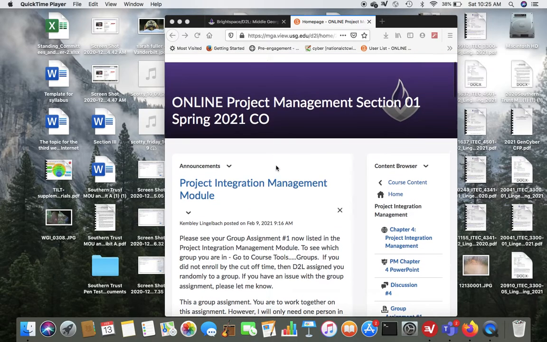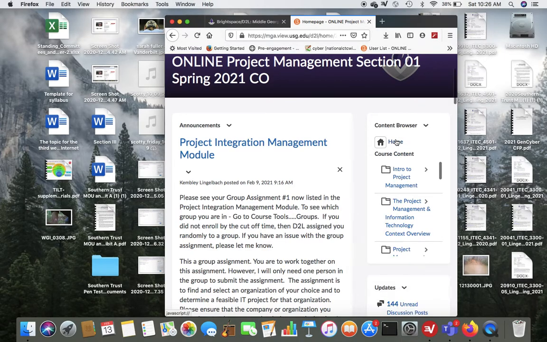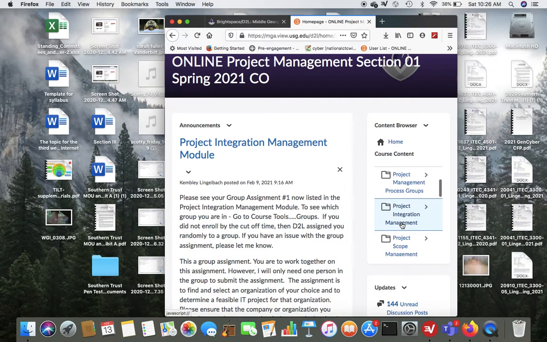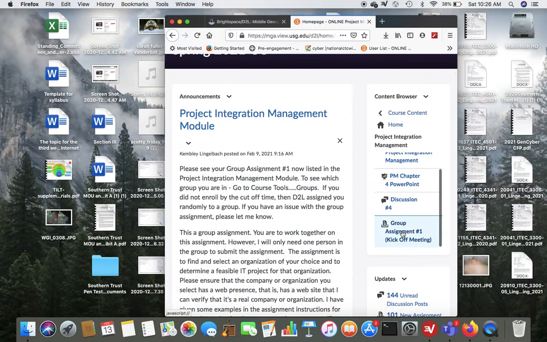Your group assignment 1 is going to be in the project integration management content, and it's a kickoff meeting, and you need to make connection with your group members.